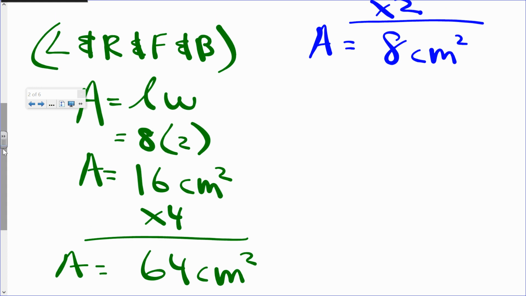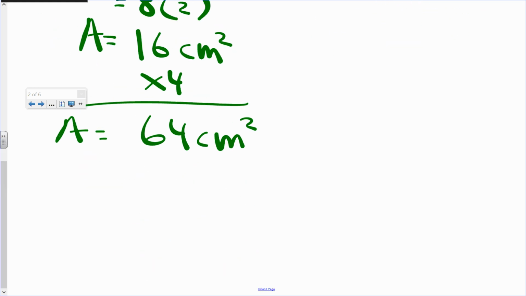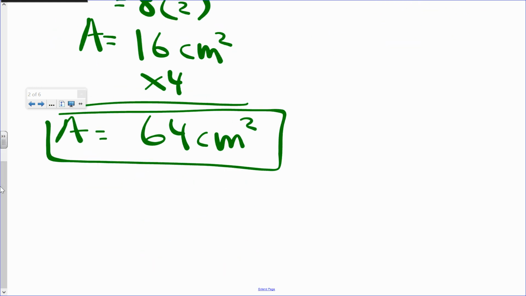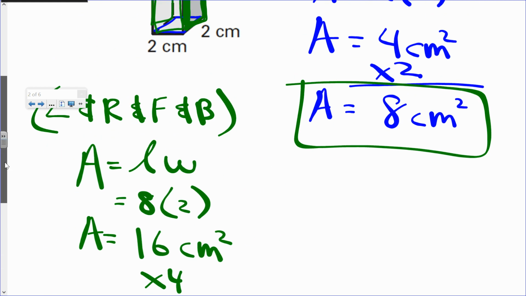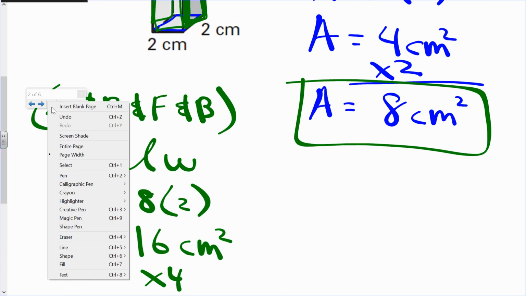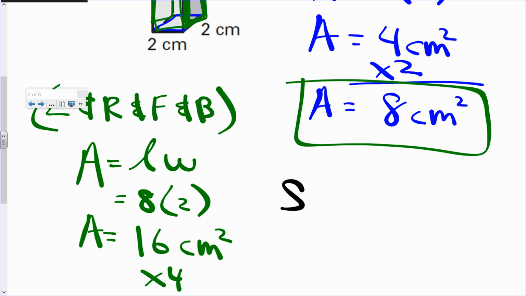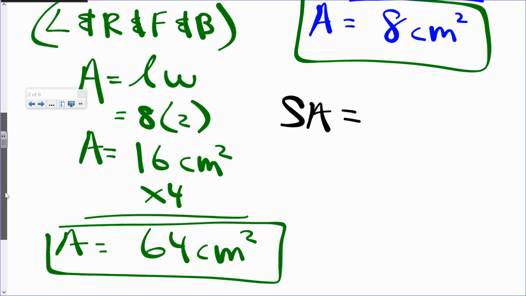Look at that, that's the left, right, front, and back. All of it, 64. We got the top and bottom. We're ready to rock and roll. We're ready to state our surface area now. The total surface area. It's the sum of all the faces, all 6 faces. 2 of them plus 4 of them. I want to say if my coffee has kicked in, the surface area is,